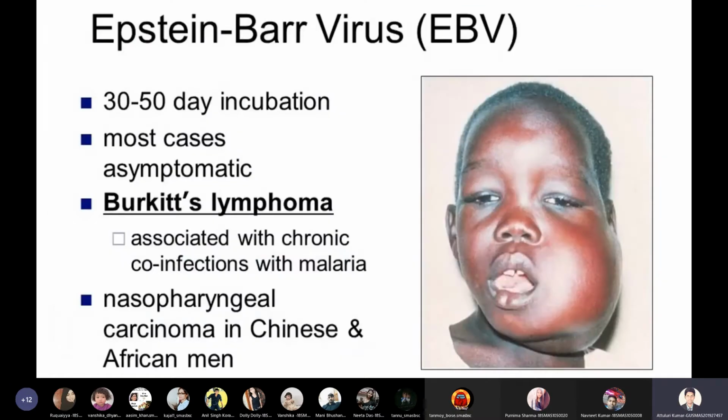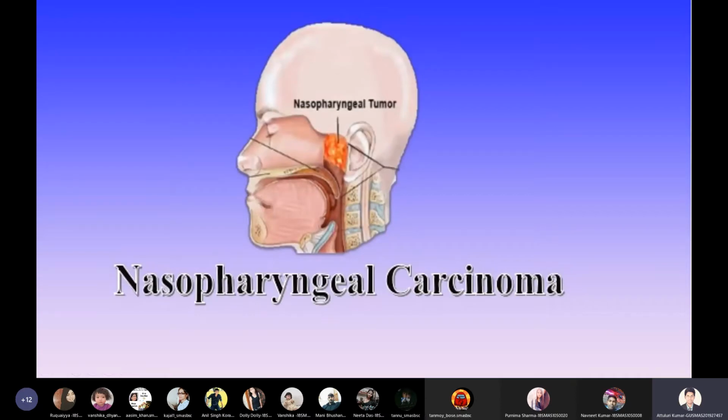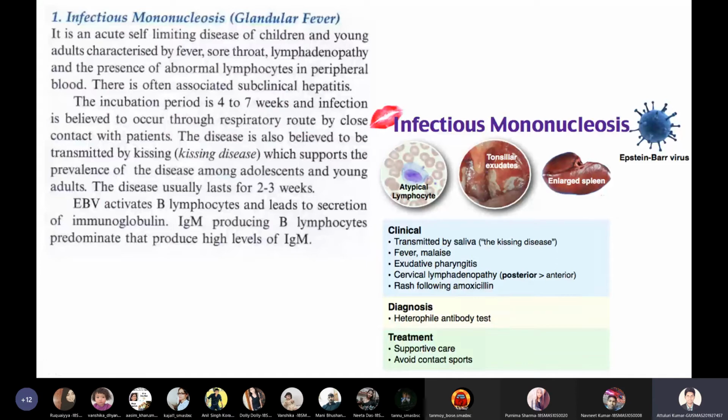So this is an actual Burkitt's lymphoma child. This child is affected by Burkitt's lymphoma, and you can see how the lymph nodes present in his neck and the pharyngeal region are infected by the virus. So he got a severe inflammation. This is the Burkitt's lymphoma, which is caused by Epstein-Barr virus. And this is a nasopharyngeal carcinoma, where we see the cancer tumor within the nasopharyngeal region of the mouth. It will also cause something called infectious mononucleosis or glandular fever.